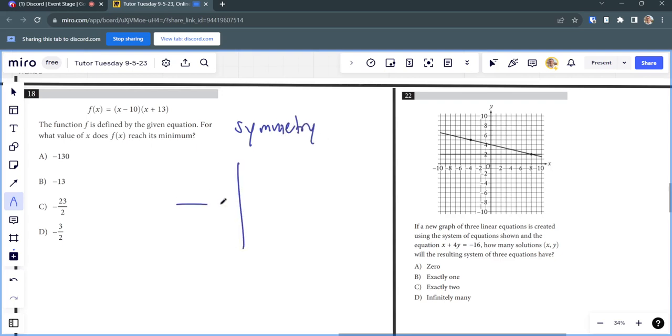What you could do instead is take note of the symmetry of a quadratic equation or parabola. The fact that it's symmetrical around its vertex means that the roots will be symmetrical around the vertex, and that vertex is its minimum. So I see the solutions for this one are x equals 10 and negative 13. And if we plot out negative 13 right here and 10 right here, then